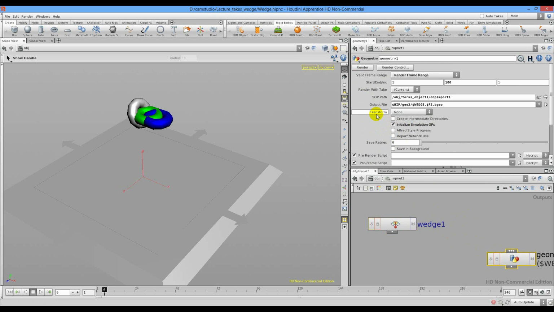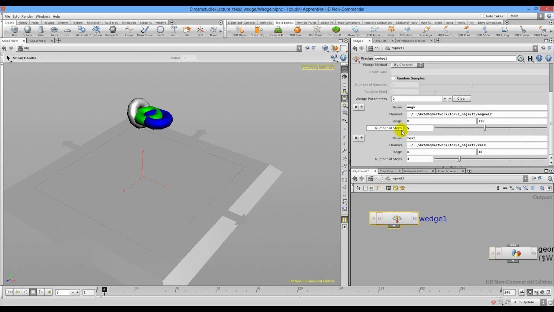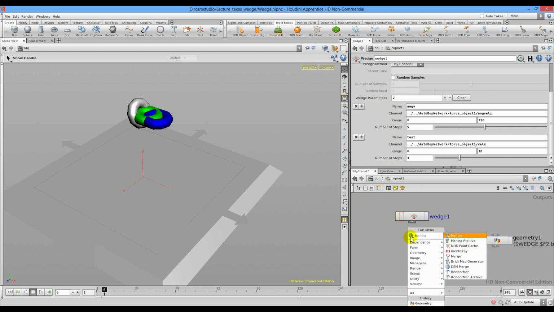So yeah, and for example, after you cache all the simulation to the disk, you can do the same wedge or a different wedge, which will render immediately. Or, for example, if you don't want to cache but you want to render, you can create a mantra node,